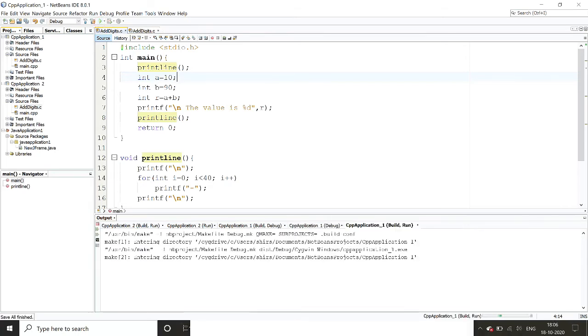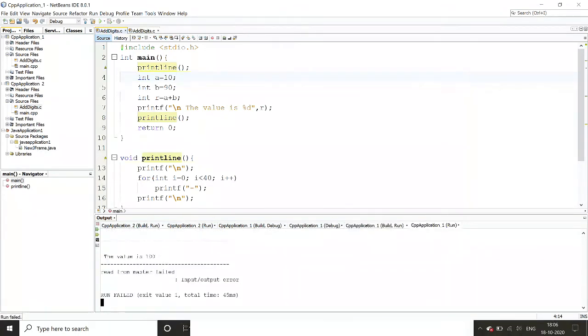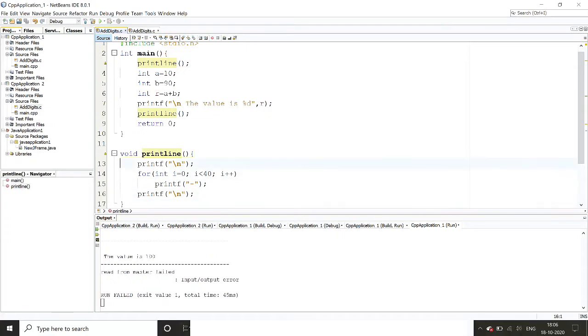Most compilers will show an error. Let me see. See, it is running here, but most probably it is showing some warning. It will not behave the same for every compiler. In some compilers, it may give you an error. There was already a warning showing here, see, warning: conflicting types. So it may create a problem. Why? Because you are calling it before defining it.